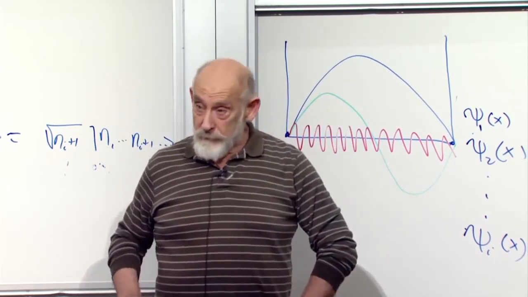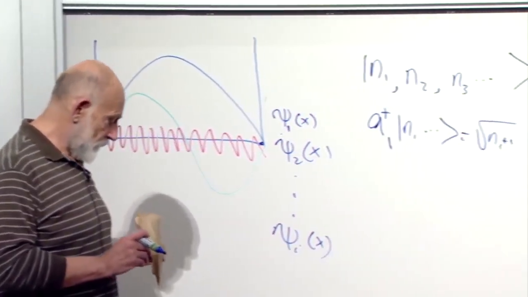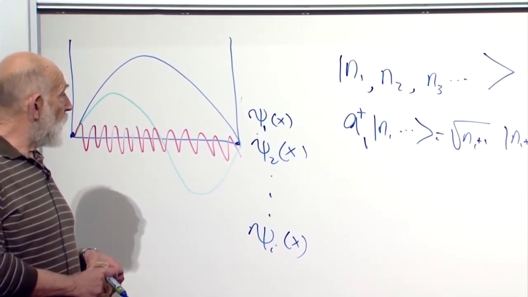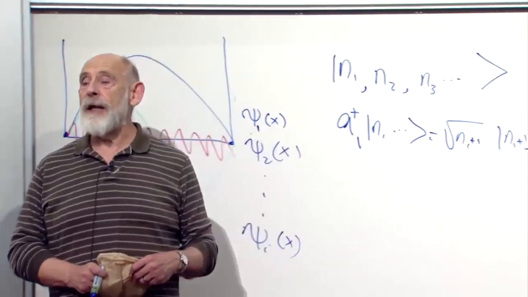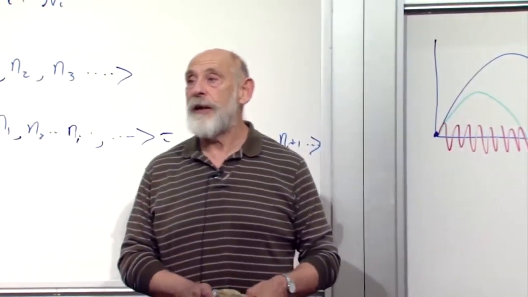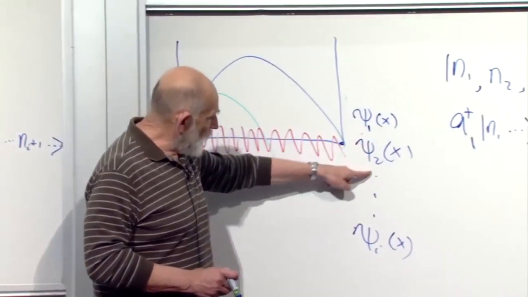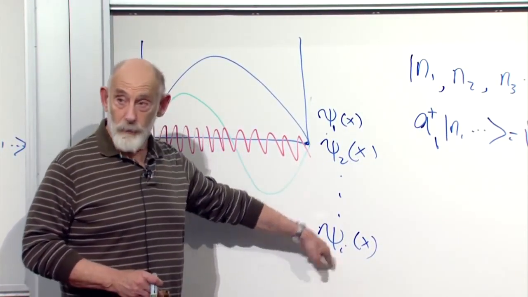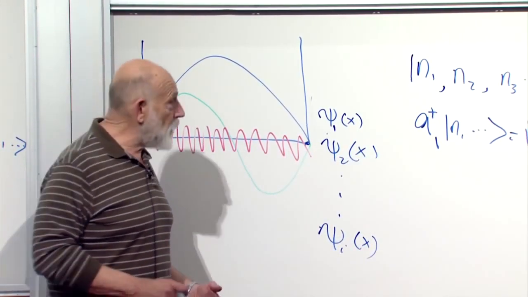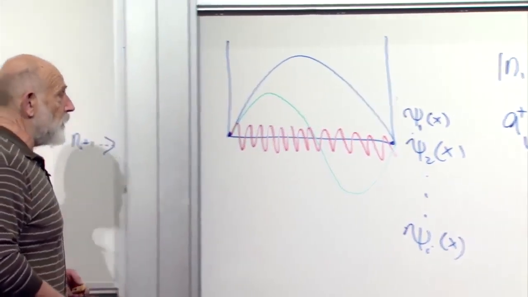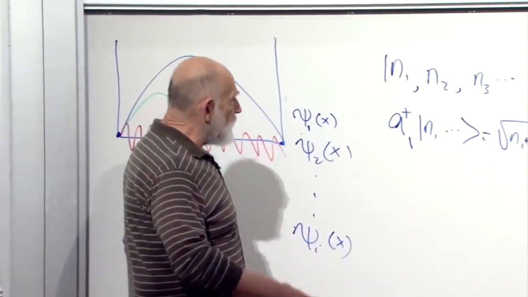Question. On your top line there, N1, N2, N3, I thought N1 and N2 were the quantum states. 1, 2, and 3 are the quantum states. N1, N2, and N3 are the number of particles in that state. 1, 2, and 3 are 1, 2, and 3 up to i, and past. Okay, so this is tricky. There's a lot of notation, but the notation is not hard, it's just a bit to remember. So I'm going slow for that reason and repeating myself.